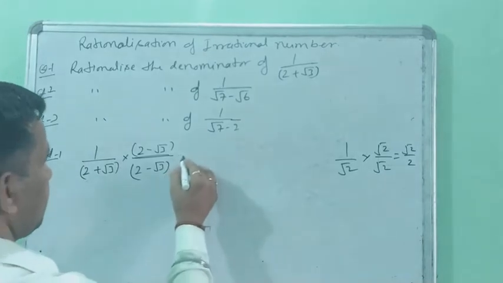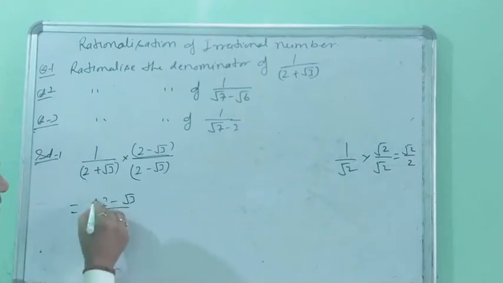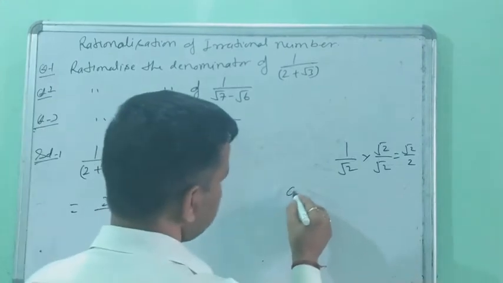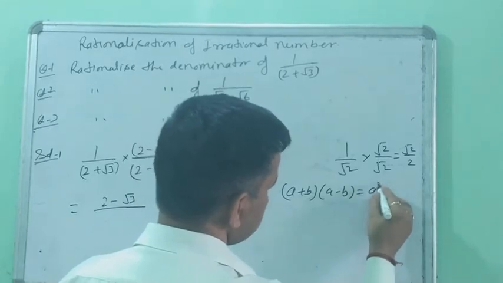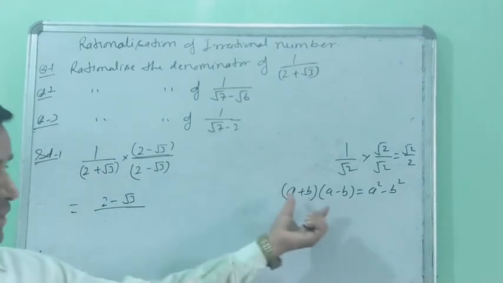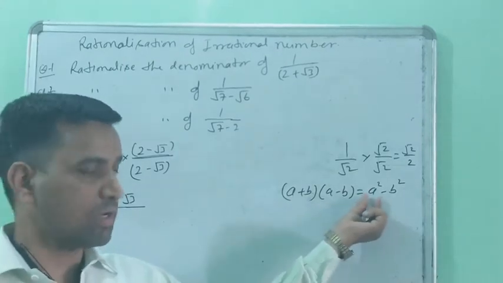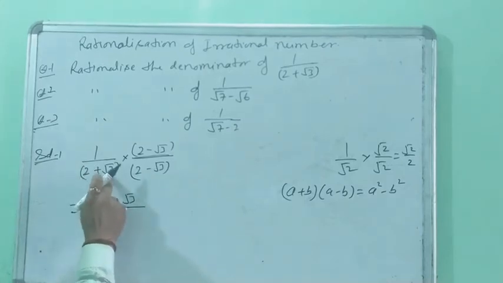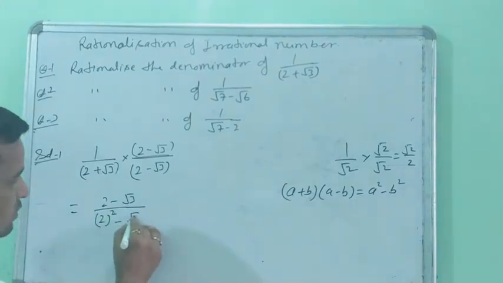So what result comes here? 2 minus root 3 will be in the numerator, and the same number will come in the denominator. And the same identity here, a plus b and a minus b. I have already discussed with you, a plus b into a minus b, what result comes here? a square minus b square. The denominator always comes in this form, not a single question, always. So you will write a square minus b square. Here in place of a you write 2 and in place of b you write root 3. So square of 2 minus square of root 3.